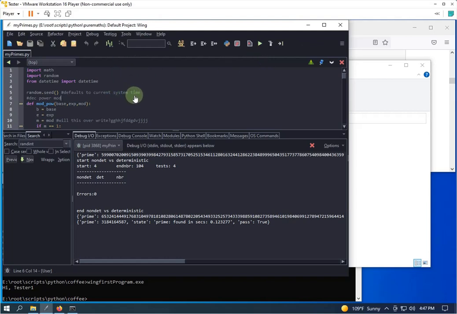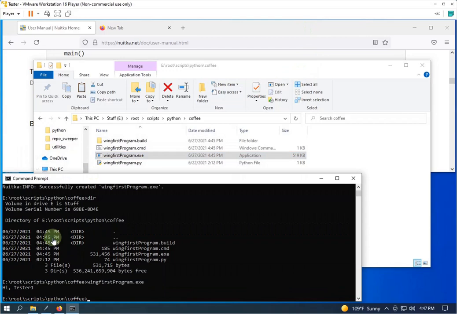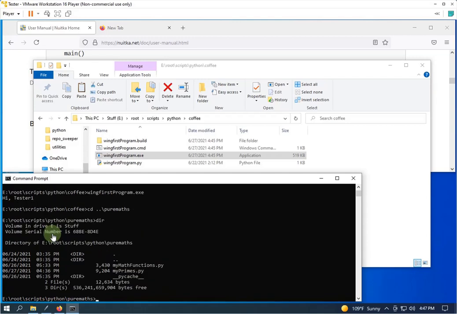So we're going to make this into a PYD file, a DLL for Python. And we're just going to use the same thing. We're going to have to get to the directory, so we're going to go cd /pure math and dir, and I'm going to see I've got the two functions there, and I'm going to do the same sort of command, Python